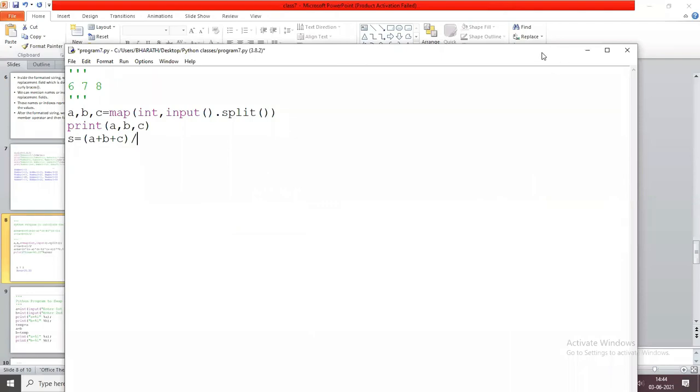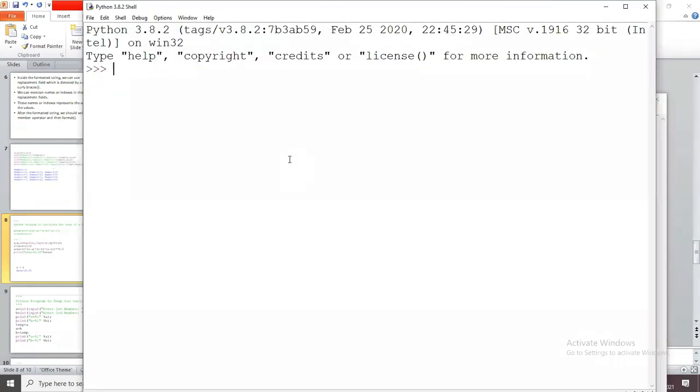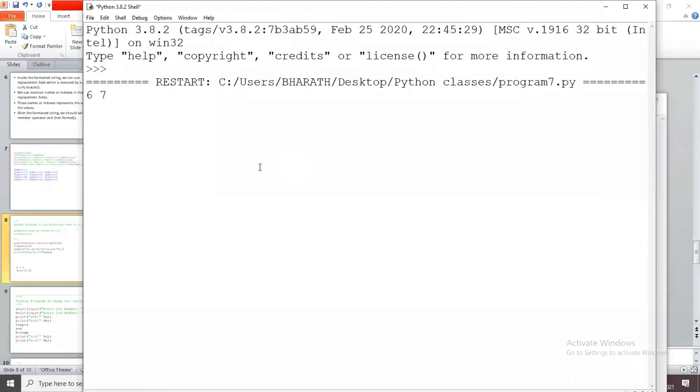By 2, yes. Print. If I give 6, 7, 8, the S value is 10.5.